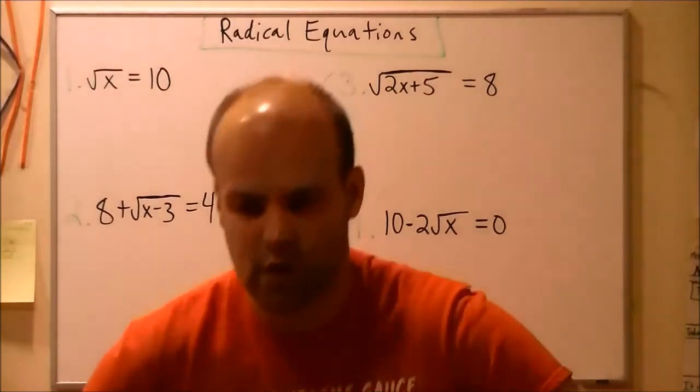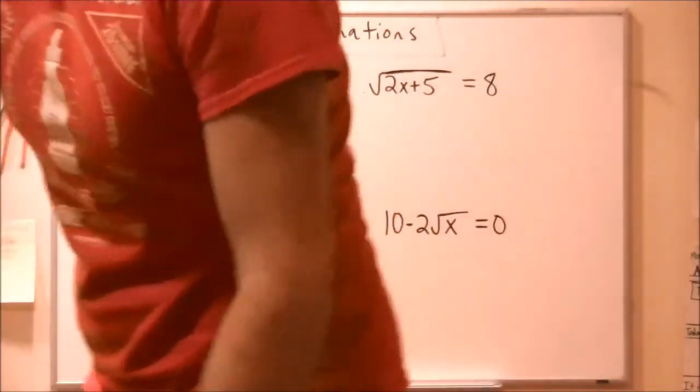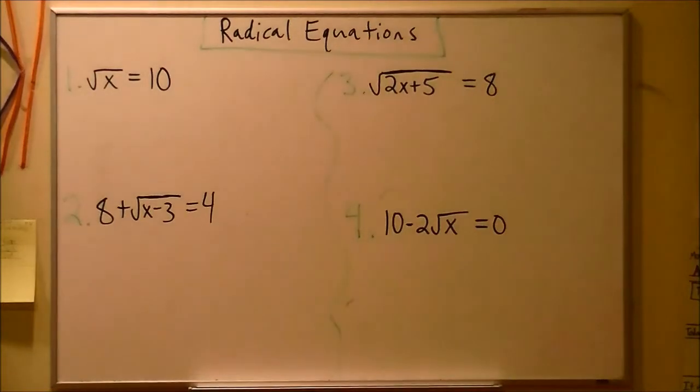Okay, so let's move on to radical equations. These guys are really easy. They're going to be a breath of fresh air from what we've been doing with radicals. I think you'll be grateful just for how simple they are. So what we're going to do is solve equations when they have a radical involving the variable, and that variable is a part of, or maybe entirely, the radicand, meaning the term underneath the square root symbol. How in the world do I solve whenever it's that way?